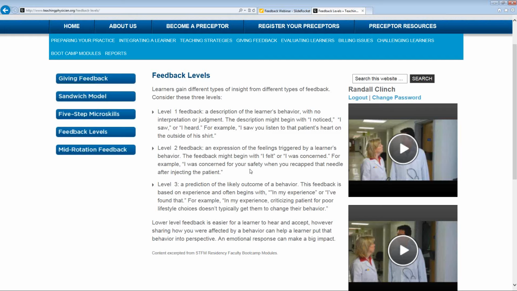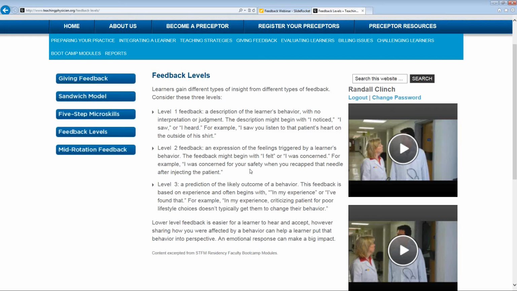So let's change it up a little bit and talk about an abdominal exam. So the patient with abdominal pain, the student came in, did the exam, the patient's pain was in the right lower quadrant, and they started right off in the right lower quadrant, pushing deeply, feeling for the area of the pain. So you say, I noticed that when you started your abdominal exam, you started the exam right in the area where they had most of their pain. And then you can deliver level 2, which is your concern. I'm concerned if you start an exam right where they have the majority of their pain, you're going to get not as good of an exam, and the patient will be more guarded. They'll be uncomfortable with you performing the rest of the exam.